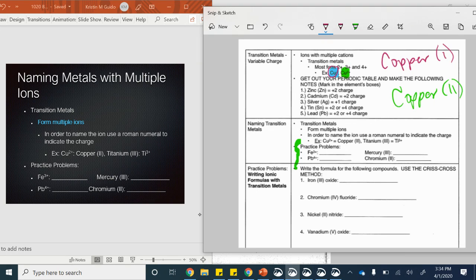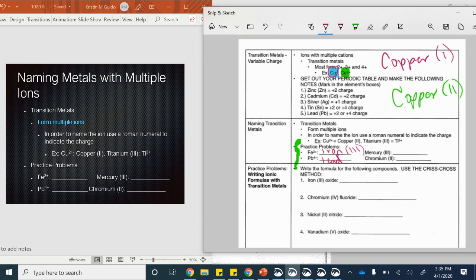Okay, so Fe is iron, so it should be iron. And then since it is a 3+, we would do Roman numeral 1, 2, 3. So that would be that one. The next one, Pb is lead,